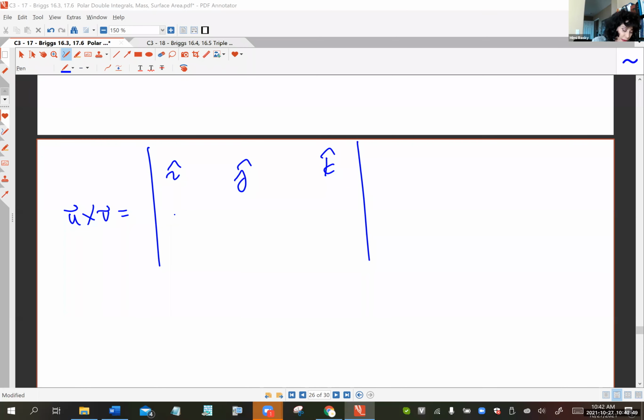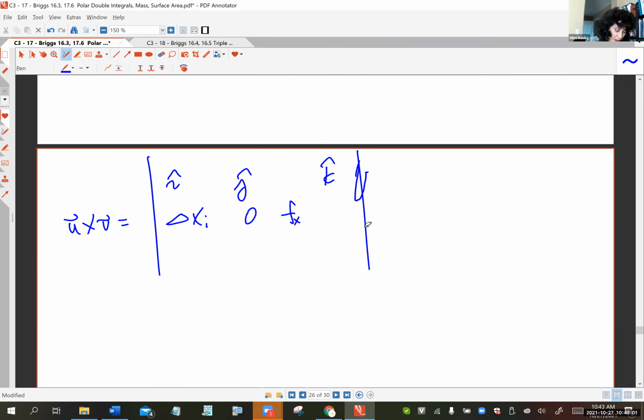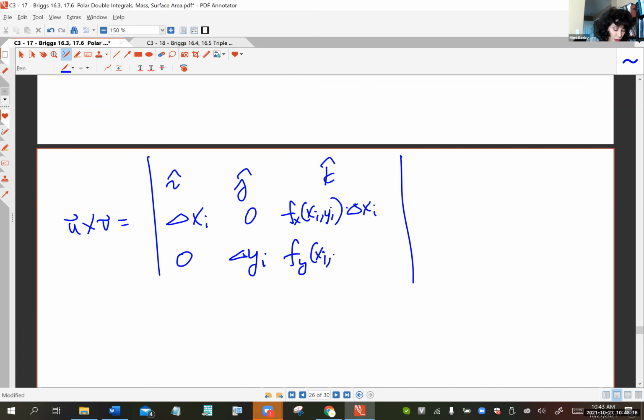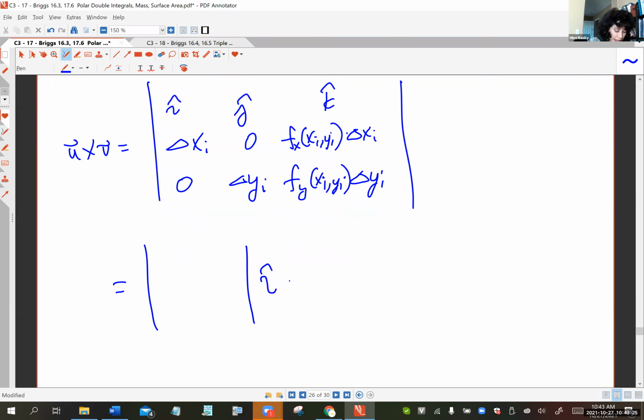Okay. So then I'm going to put the components of the u vector in the second row: delta x sub i, 0, and the partial of f with respect to x evaluated at x sub i, y sub i times delta x sub i. And then the components of v on the bottom row: 0, delta y sub i, partial of f with respect to y evaluated at x sub i, y sub i, times delta y sub i. Okay, so you know you're going to have a 2x2 i hat minus 2x2 j hat plus 2x2 k hat. Show me. So this is going to be